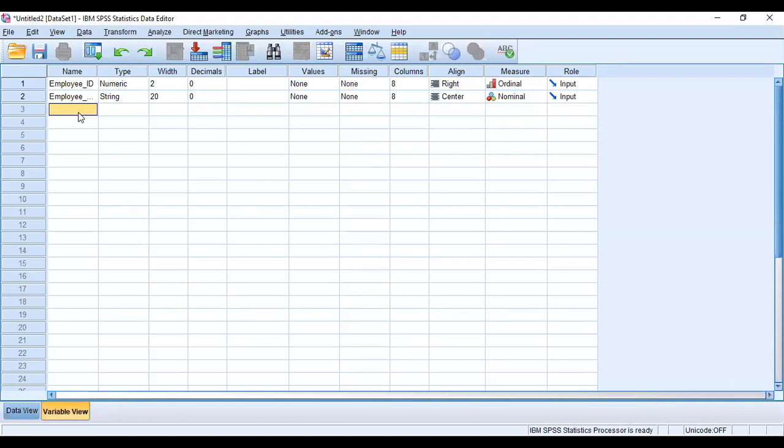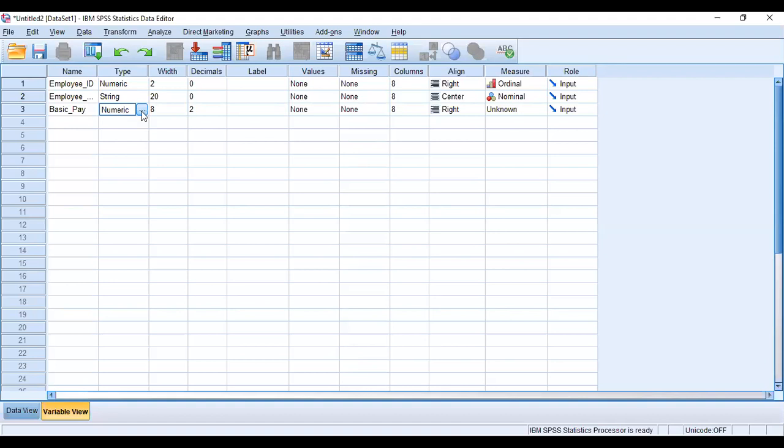Next, we are going to basic pay, the basic pay or basic salary of each employee. So I'm entering the variable like that: Basic underscore Pay.